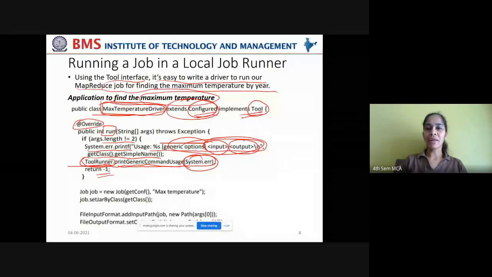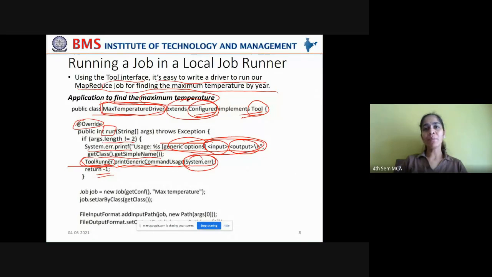Now, if the error doesn't arise, it means you have passed an input file path and an output file path also. No exception will arise, no error will arise. So what is your next step?